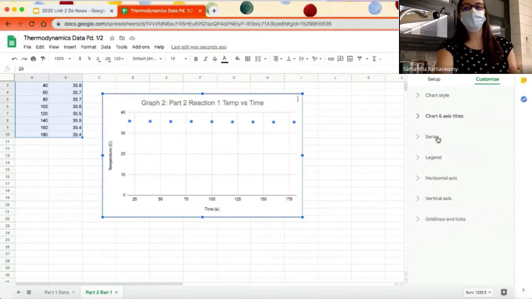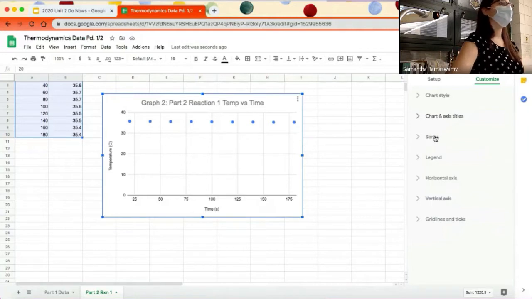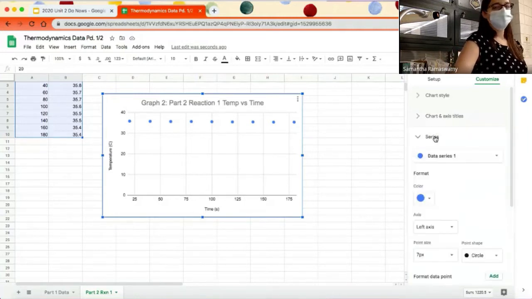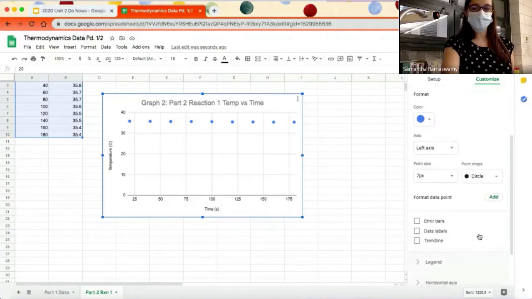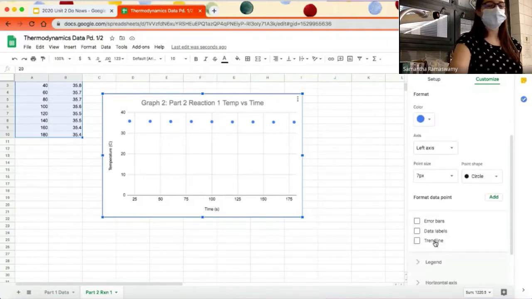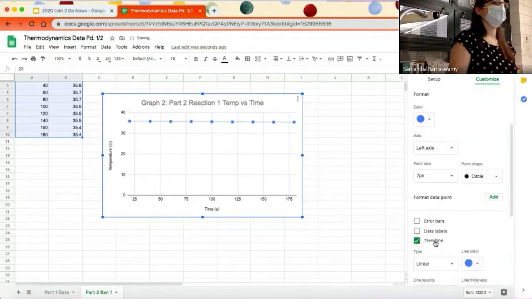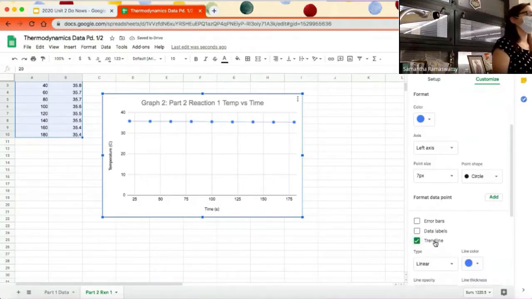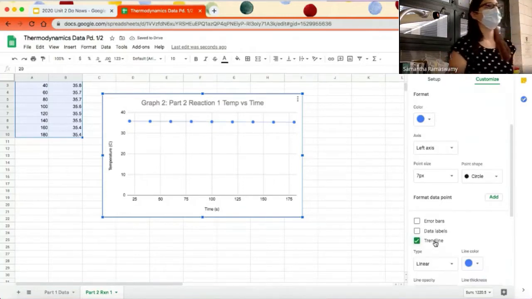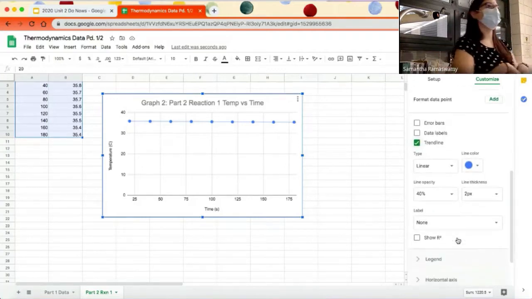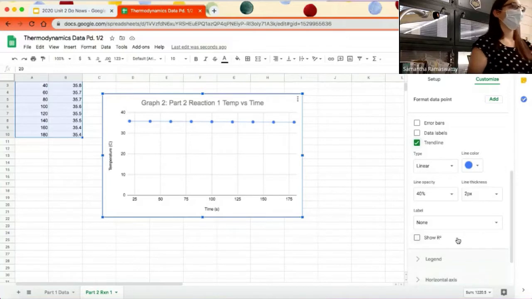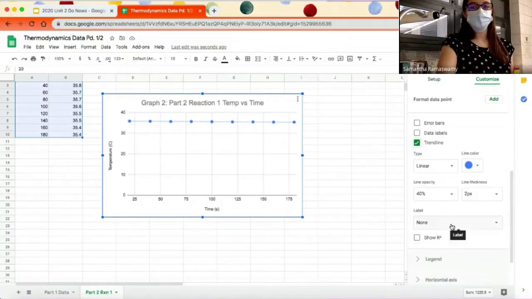So we're going to go down to the next menu, which is series. Click on series. And we're going to scroll down to where it says trend line. Check that box. Draws the line for us. I'm going to scroll down a little bit more because we want to see the equation of the line. Less math for us to have to do. So where it says label,